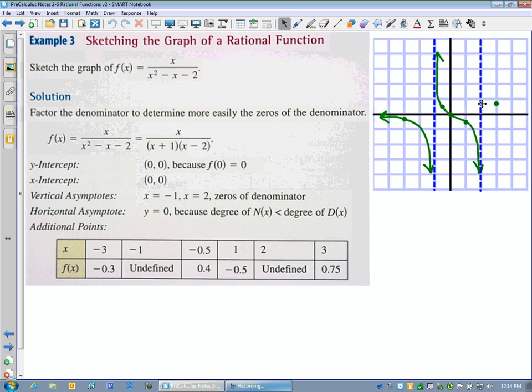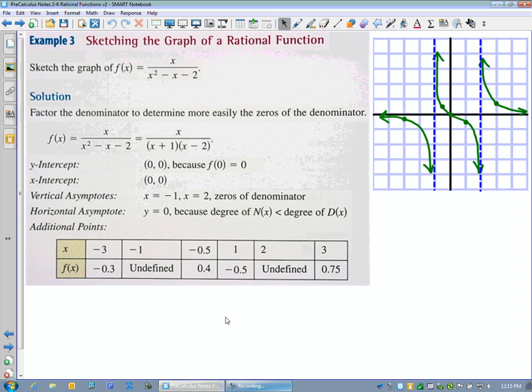So from here, approaching the 2 from the right, I either go up or I go down. But if you think about any number greater than 2, it's going to be positive on the top, positive here and positive here, so it's always going to be positive. So it'll approach upwards there, and to the right, we know the end behavior is going to approach the horizontal asymptote. So that would be the process, or the thought process, of graphing that